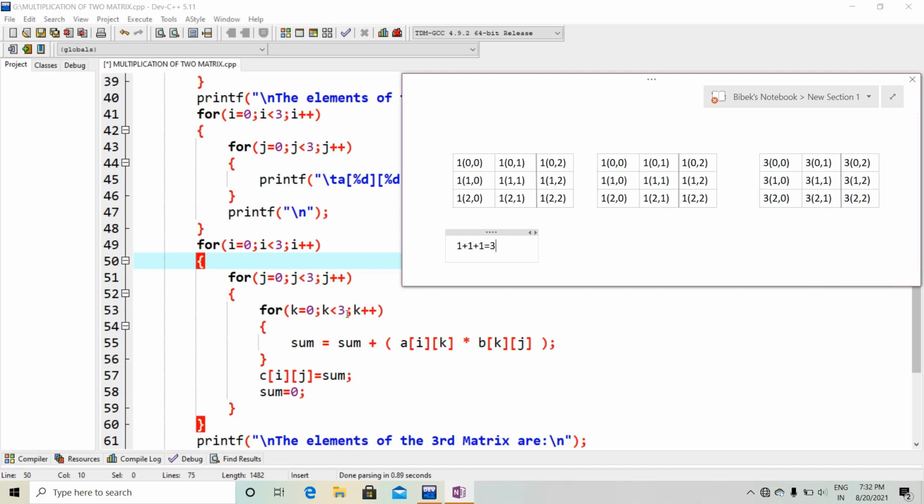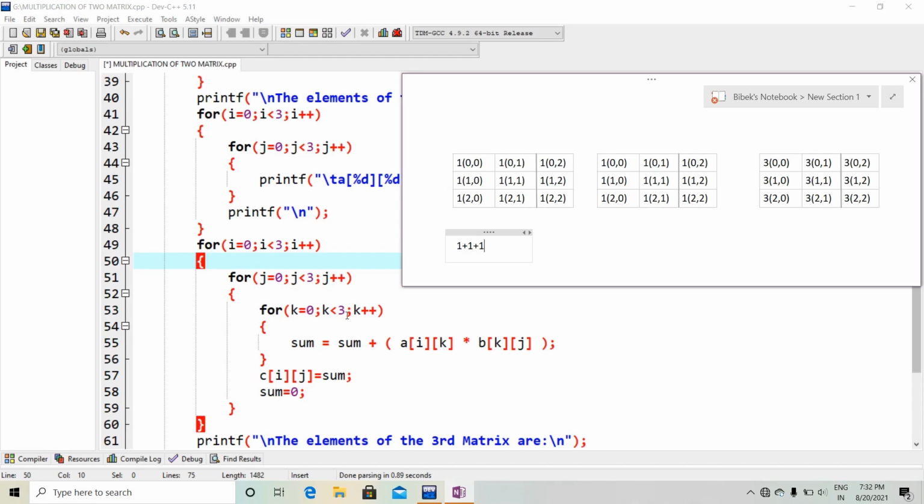Then you can see here, when k will be 3, this will be out of the loop. Then we have to do the task of this for loop, and k will be incremented by 1. When k will be 3, this will be out of the loop.